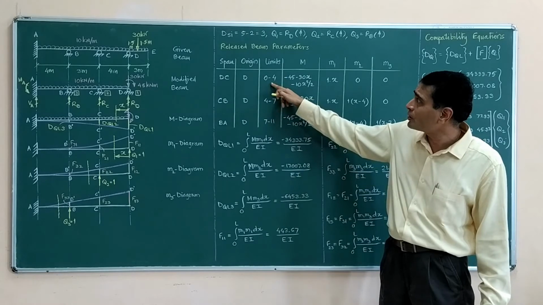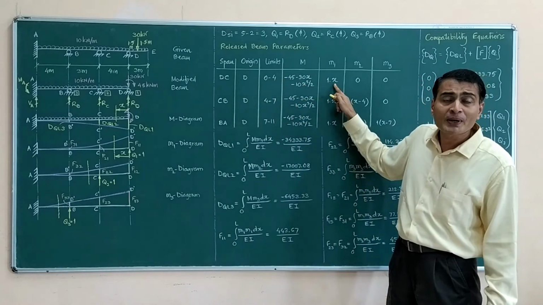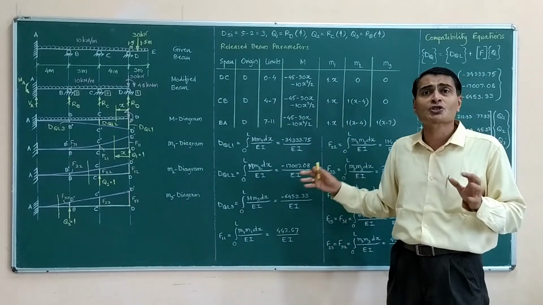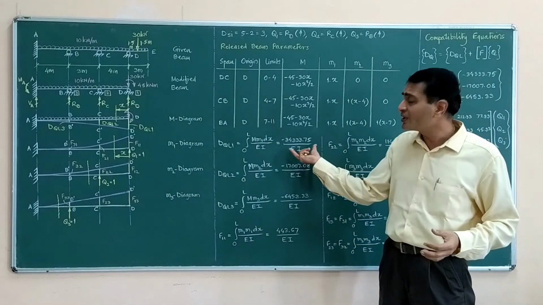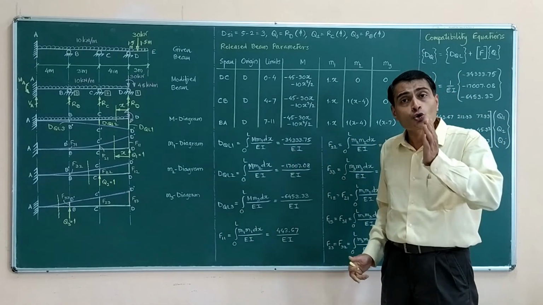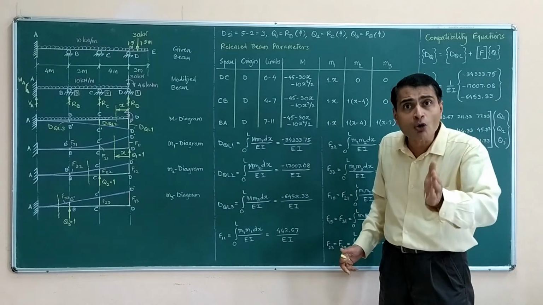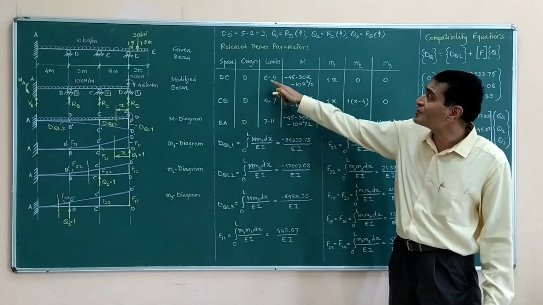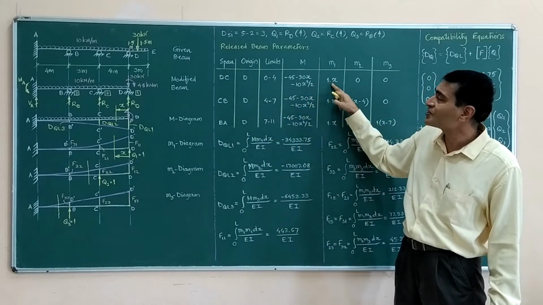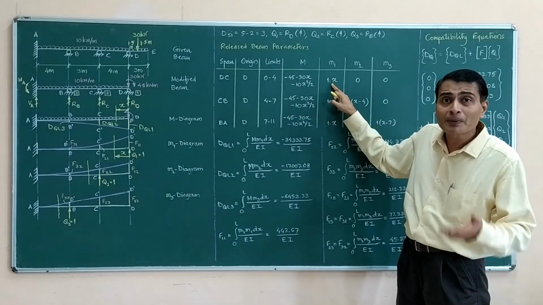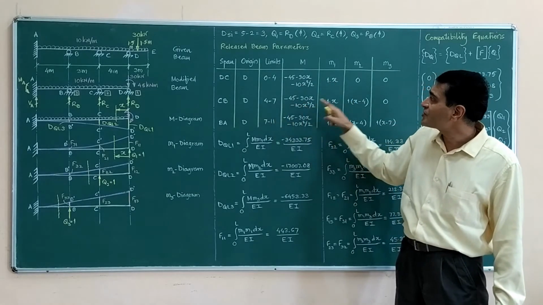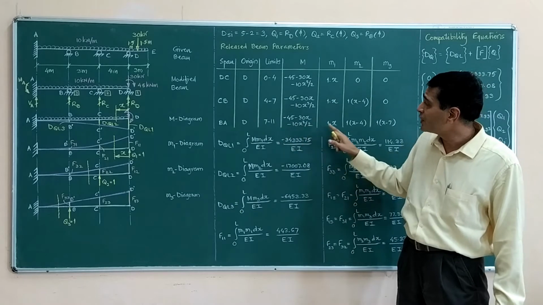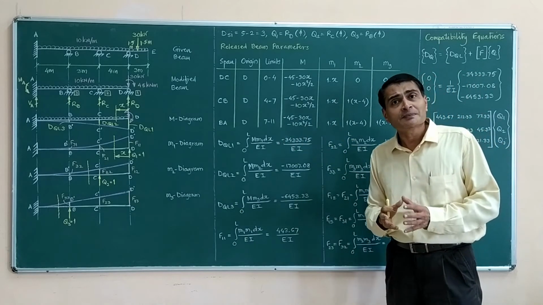integrations, 0 to 4 M into M1. Now pay attention, as I told you that I am only going to discuss the calculations. I have not shown the calculations or substitutions. I have done the calculation and shown the answer directly. So you have to do it carefully, correctly, right now. So when I say 0 to L and I have 3 spans, I need to say 0 to 4, this into this dx upon EI, plus 4 to 7, this into this dx upon EI, plus 7 to 11, this into this dx upon EI.